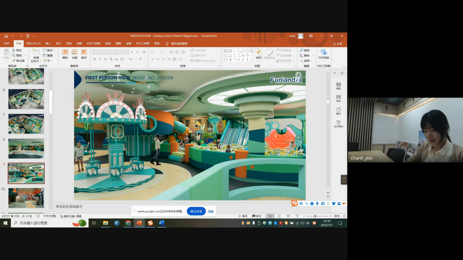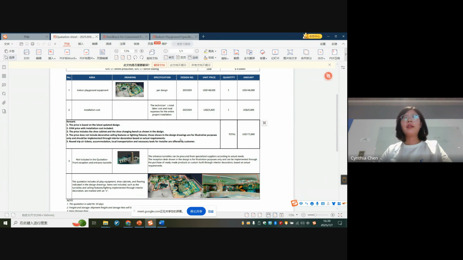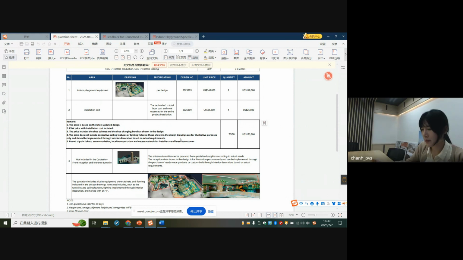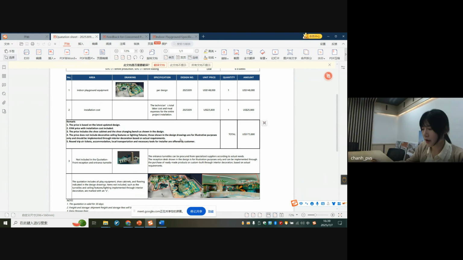And about the installation cost that you mentioned, $25,800, right? Yes. So maybe can you explain more about this? The cost is based on how many people? How many people do you